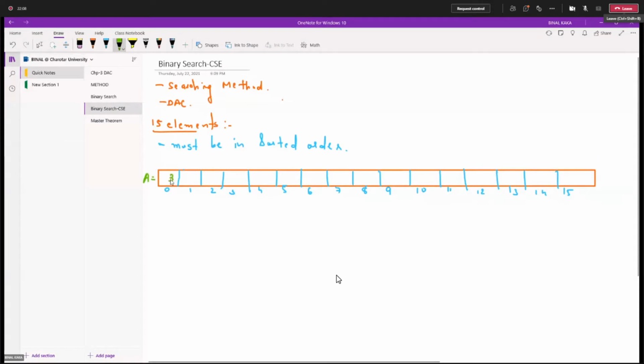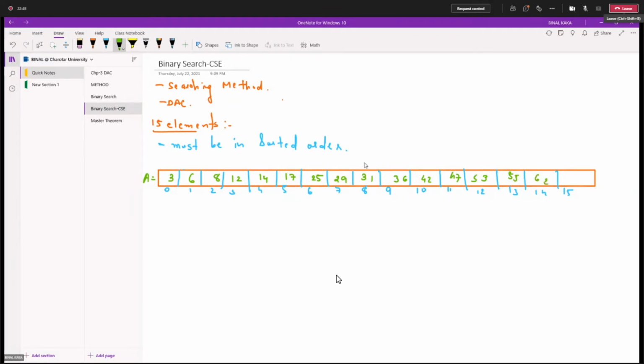Suppose I have this array, in which I have elements 3, 6, 8, 12, 14, 17, 25, 29, 31, 36, 42, 47, 50, 53, 55.